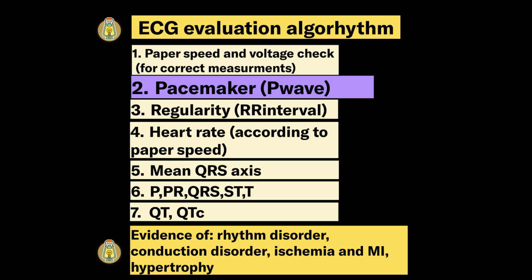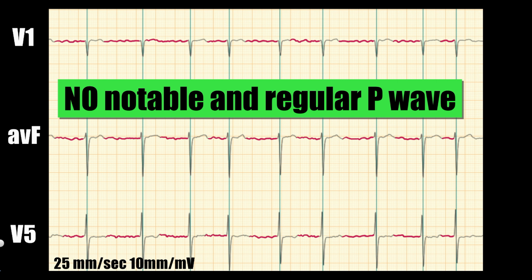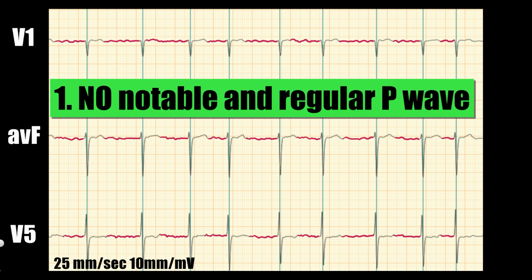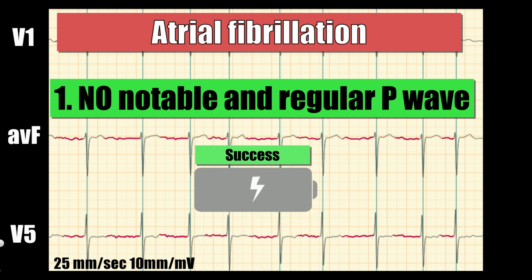The next step is a pacemaker check or examination of the P wave. In our ECG, there are no notable and regular P waves, which means that this is not sinus rhythm. Thus, the first criterion of atrial fibrillation is exactly the absence of notable and regular P waves. So the absence of P waves is a very elementary but crucial ECG criterion of atrial fibrillation, which gives you